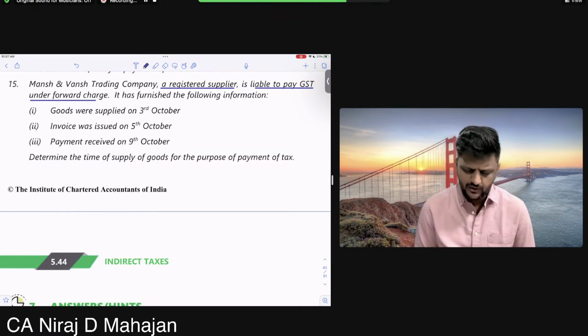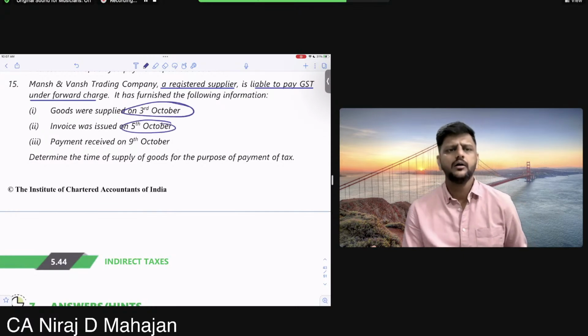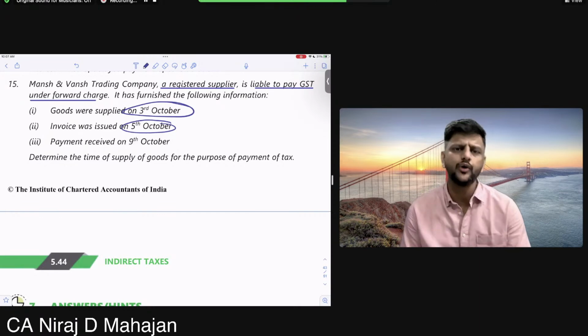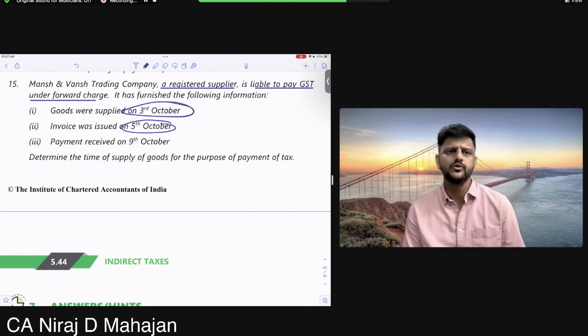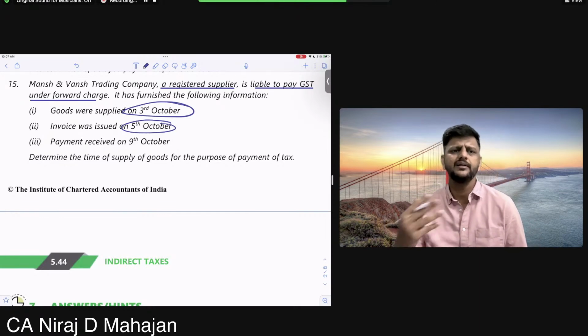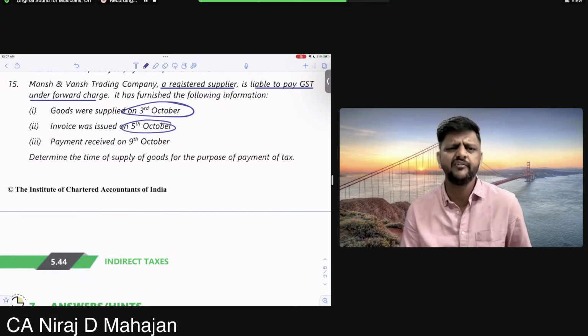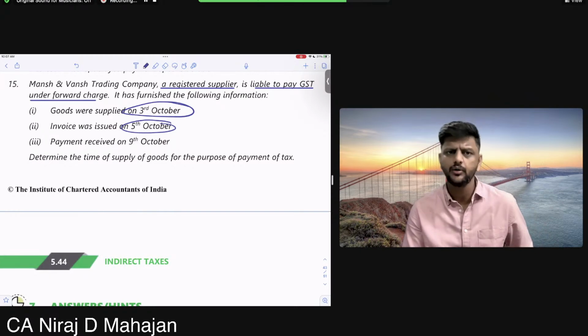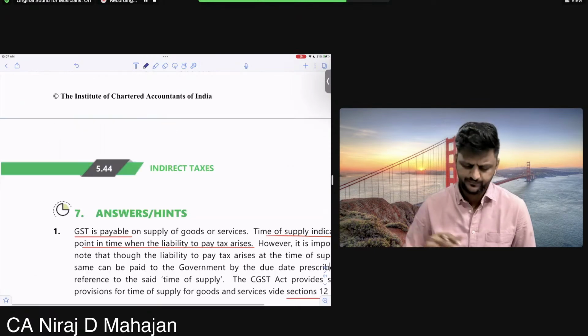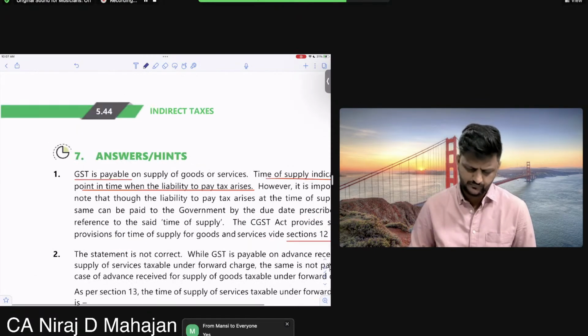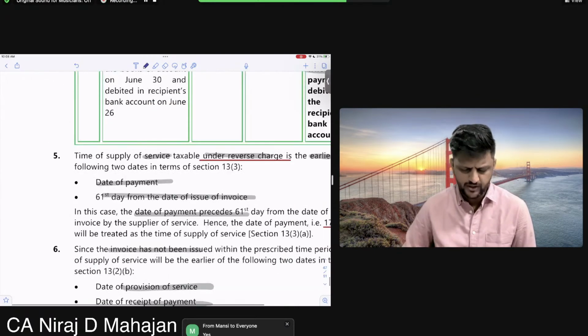Invoice issue date or invoice issue due date. Hey, what is the due date? It is 3rd October, because you have to send the invoice on or before removal of goods. I think they have put a very simple question at the very end. What is the answer? 3rd October? Yes? Date of payment is, children, irrelevant.